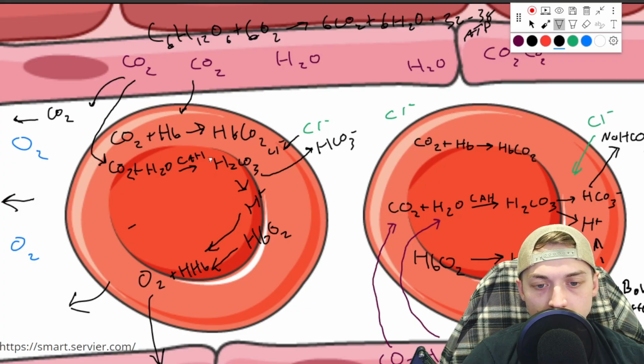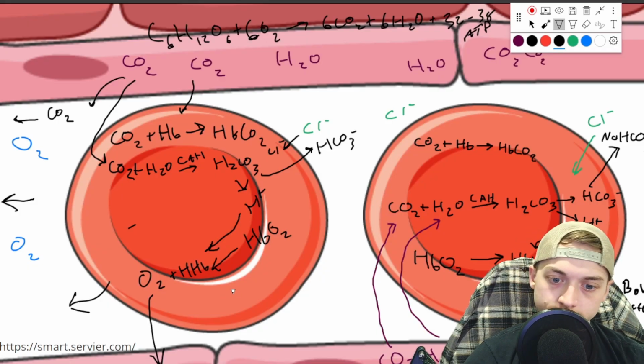Okay, so all right, we have CO2, we have water. It's going to come down here into the blood cell. Through carbonic anhydrase, it's going to form carbonic acid. This is going to be broken down further. This carbonic acid is going to leave behind a hydrogen ion. It's going to go out here into the extracellular fluid and or the plasma. Because your cell likes to have charges balanced, a chloride ion is going to come in here. And then we got our hemoglobin over here. This hydrogen ion that got left behind is going to combine with hemoglobin, which is going to ditch your oxygen